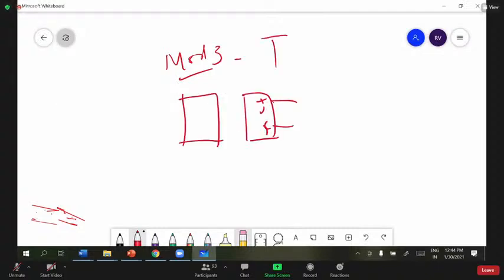Just by shorting J and K, it is acting like a T flip flop. Only T, 1 input. So just by shorting J and K, it is acting like a simple flip flop. You can construct this as a T and put that as 1. Suppose if I ask you to design mod 3 asynchronous counter using T flip flops, then simply put that